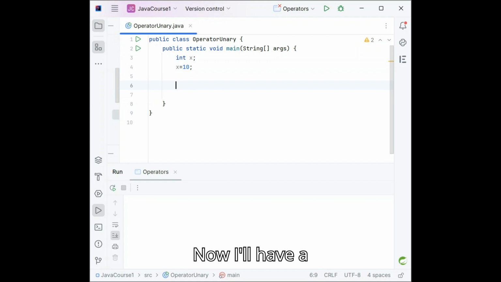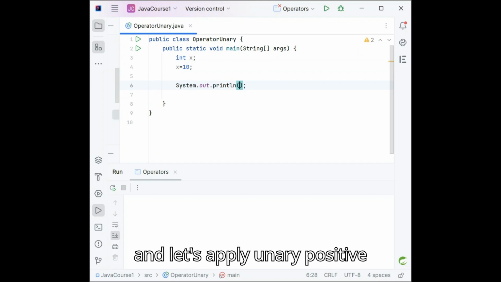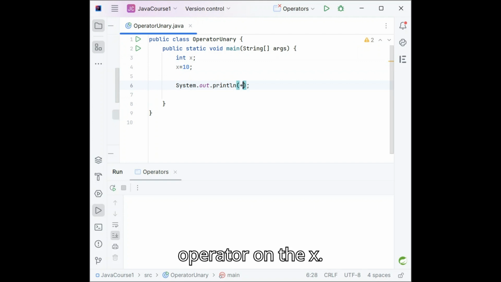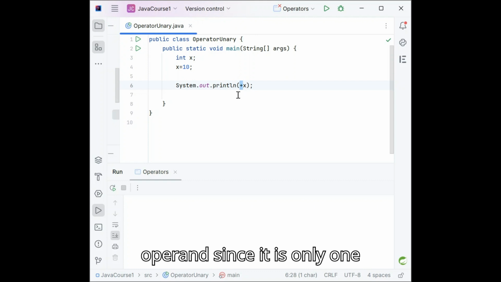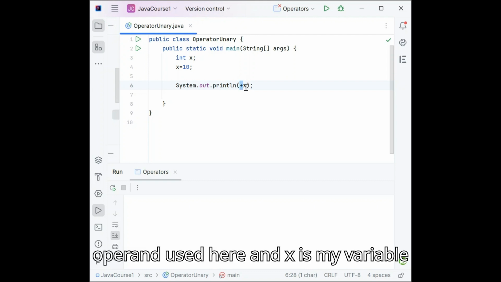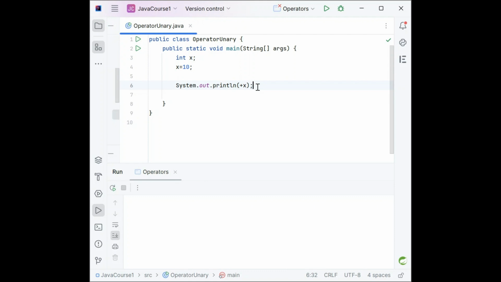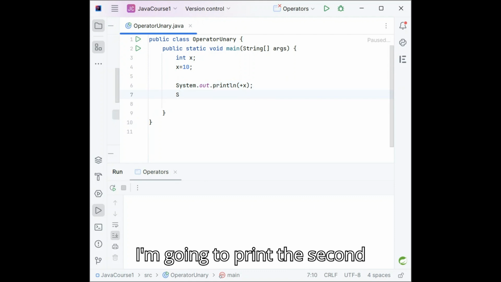Now I'll have a println statement and let's apply the unary plus operator on x. Since only one operand is used here and x is my variable,